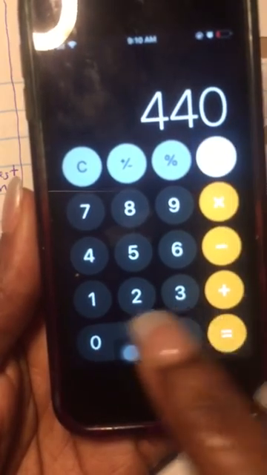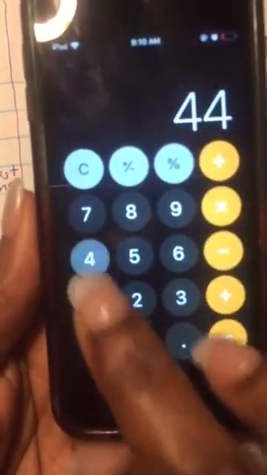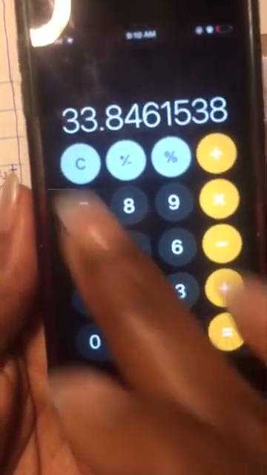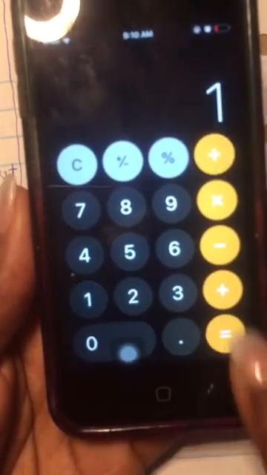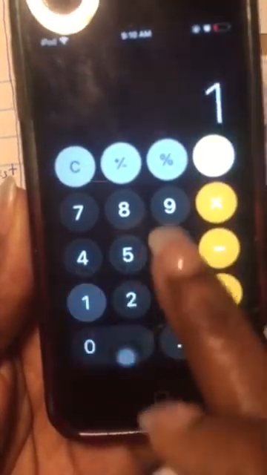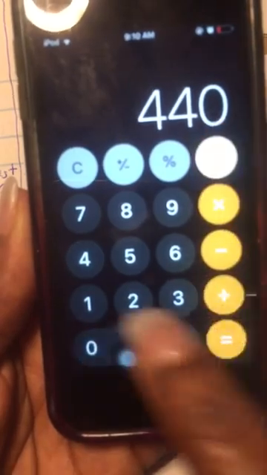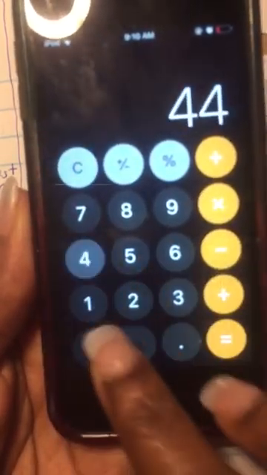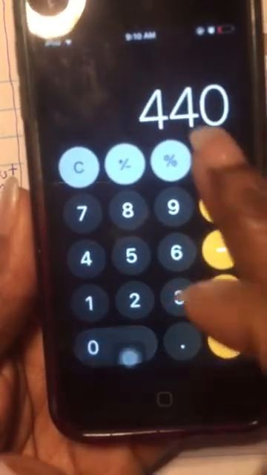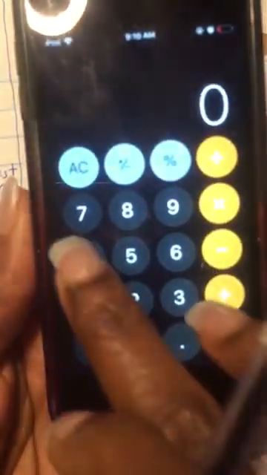440 divided by 12, decimal. And you might want to go up to 20. That's the standard. So we did 12. Now let's do 13. Now we'll do 14. Now we'll do 15. Now we'll do 16. And we'll do 17. And we'll do 18, 19, 20,